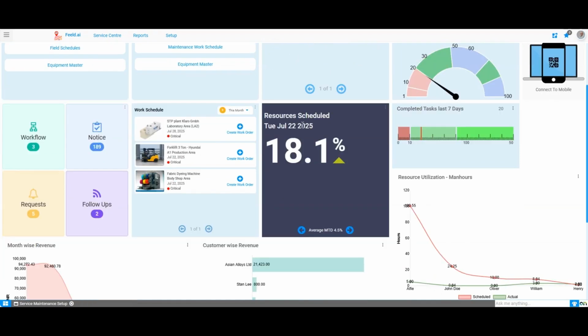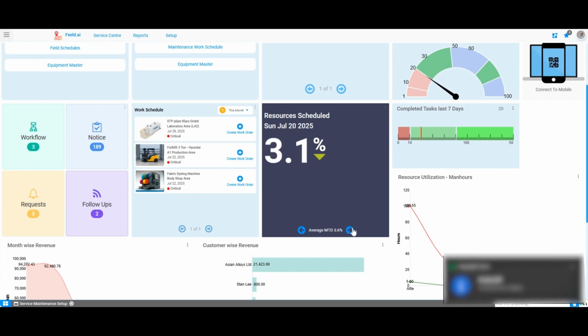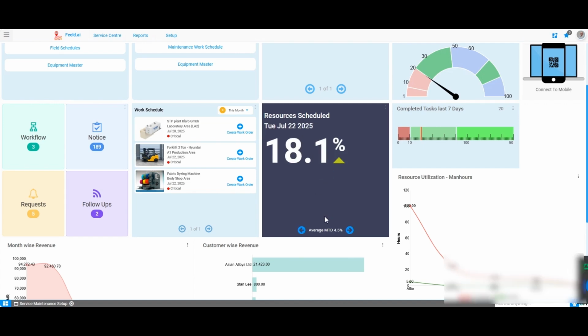The next widget is Resource Schedule widget. This widget gives the percentage of resources scheduled for the day. You can see the scheduled data by date using the arrows. You can go to any back date. You can go to any future date to see the data. Also, you got the average schedule percentage for whole month, and at the bottom,